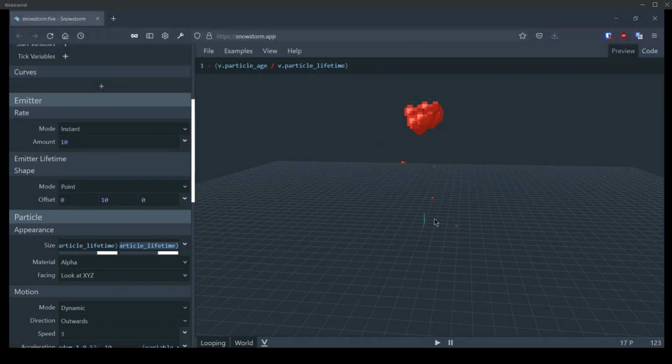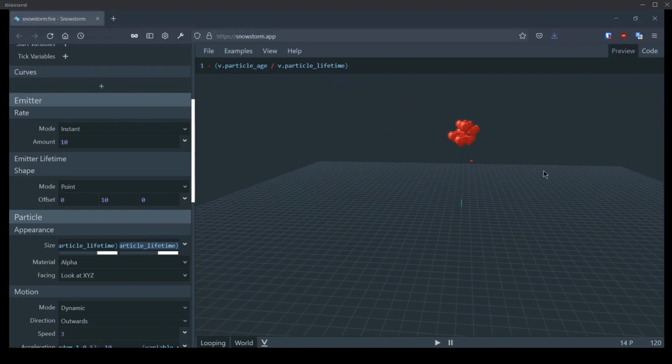Well, yeah, the reverse, right? Because when the particle's newly born, it'll be scaled to 1, and as it dies, it'll be scaled to 0. Yeah, either or.